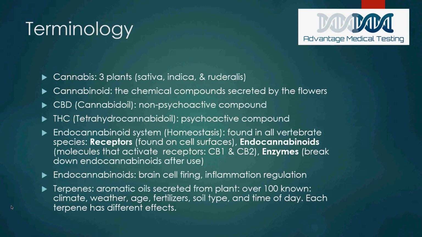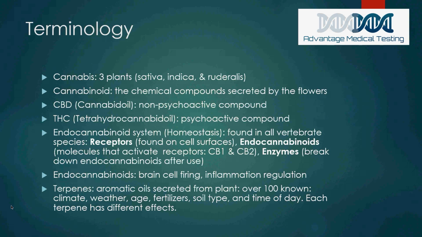Now, the endocannabinoid system is comprised of three main components. There are many different parts to this system, but we're trying to simplify it as much as possible. The first component present in your body is the receptors, your endocannabinoid or cannabinoid receptors. They're found on all the cell surfaces, and the endocannabinoid system is present in all of our major biological systems. So all of our cells have receptors.